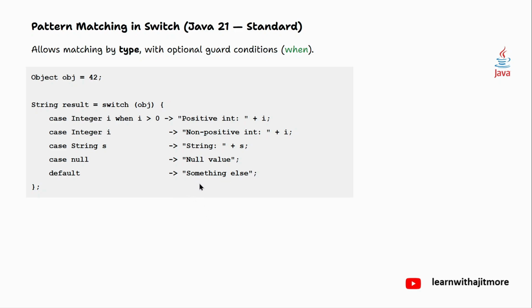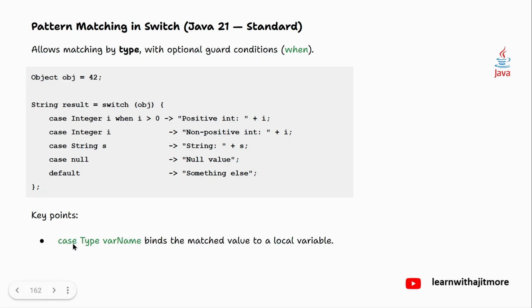And याद रखना इसमें अगर आपको एक से ज्यादा लाइन का कोड लिखना है एंड लास्ट में कुछ वैल्यू रिटर्न करना है तो आपको ब्रैकेट में वो कोड लिखना है। एंड लास्ट में जो वैल्यू रिटर्न करोगे वो कैसे रिटर्न करोगे? नॉट यूजिंग रिटर्न स्टेटमेंट, यूजिंग यील्ड। ओके, ठीक है। तो ये देखो, फिर कुछ पॉइंट्स याद रखना है कि इधर जो ये i या s है, ये लोकल वेरिएबल्स क्रिएट हुए हैं एंड बाहर से जो ऑब्जेक्ट पास हुआ है उसी का रेफरेंस ये लोकल वेरिएबल में आ जाएगा।